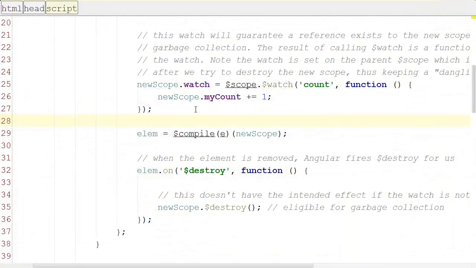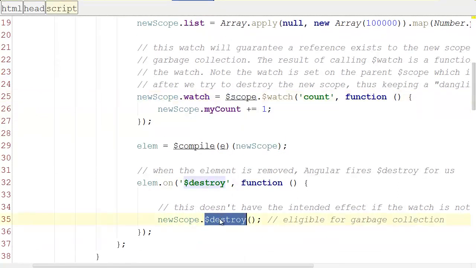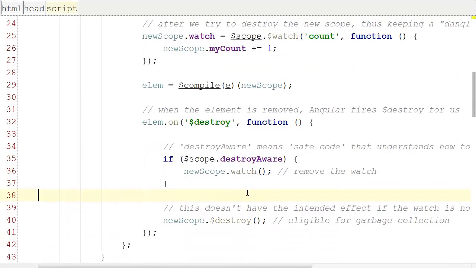Now I'm back in the source, and the one watch that I create in this new scope is this watch here, where I watch the parent count so I can increment my count. Well, what's interesting about this is the watch itself is created on this parent scope. So what's happening is when this child scope is destroyed, that scope may be destroyed and all of its watchers and listeners are removed, but the parent's watcher is not removed. So what we can do is just add a snippet of code here,